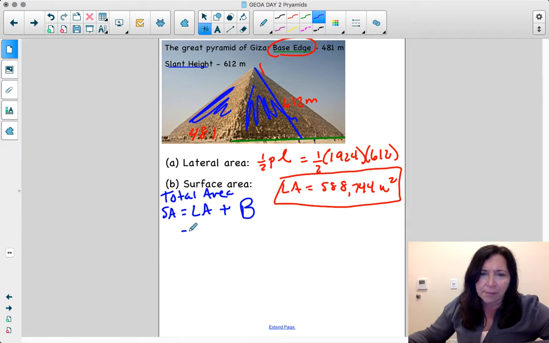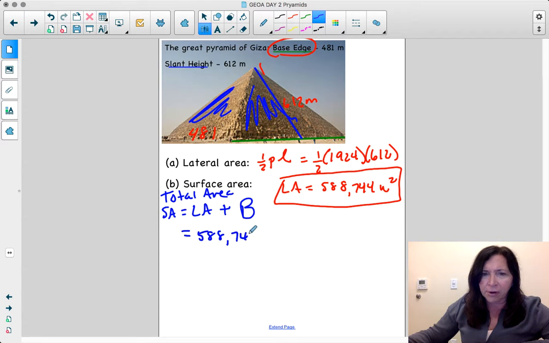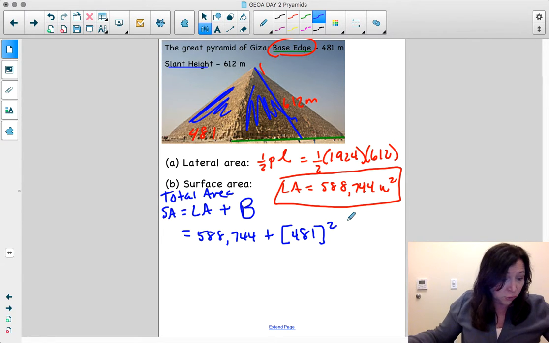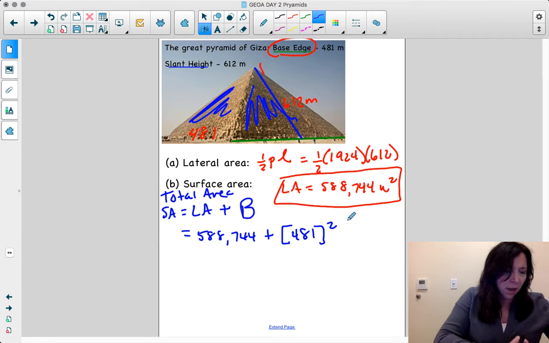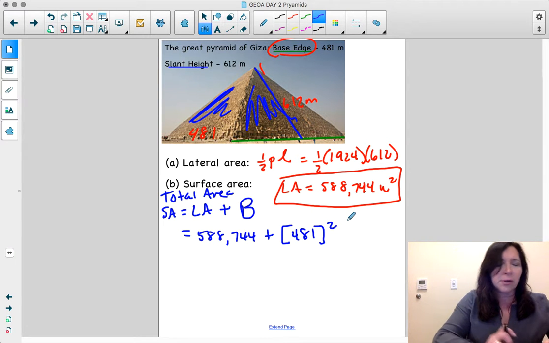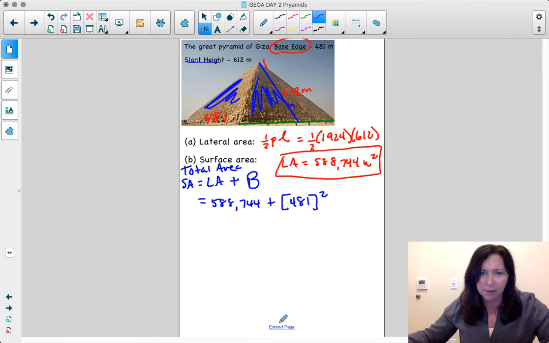Okay, so anyway, my lateral area, which is this value, 588,744 plus the area of one base. And my base is a square because it's a regular pyramid. So that's going to be 481 squared. So 481 squared, and that's 231,000. So this value right here is